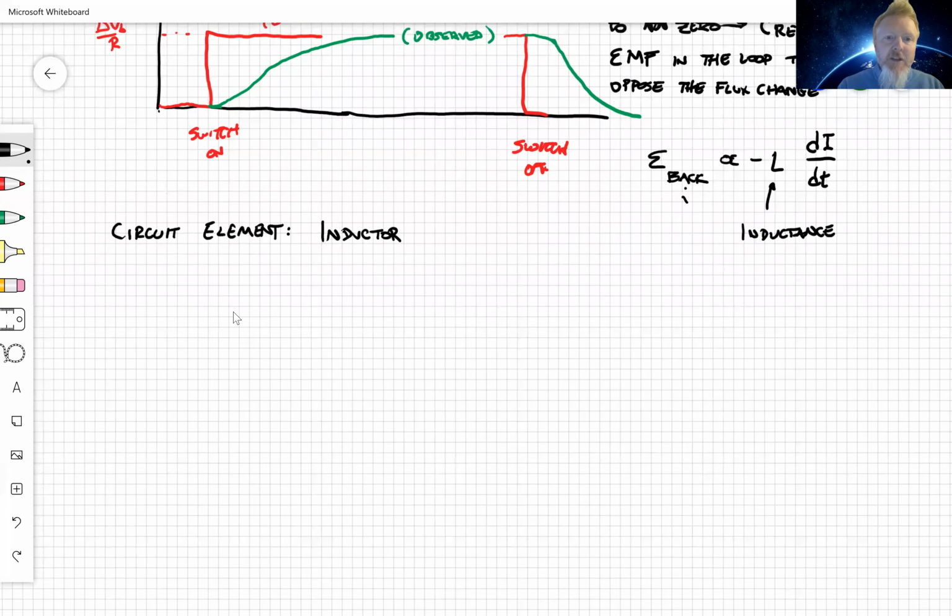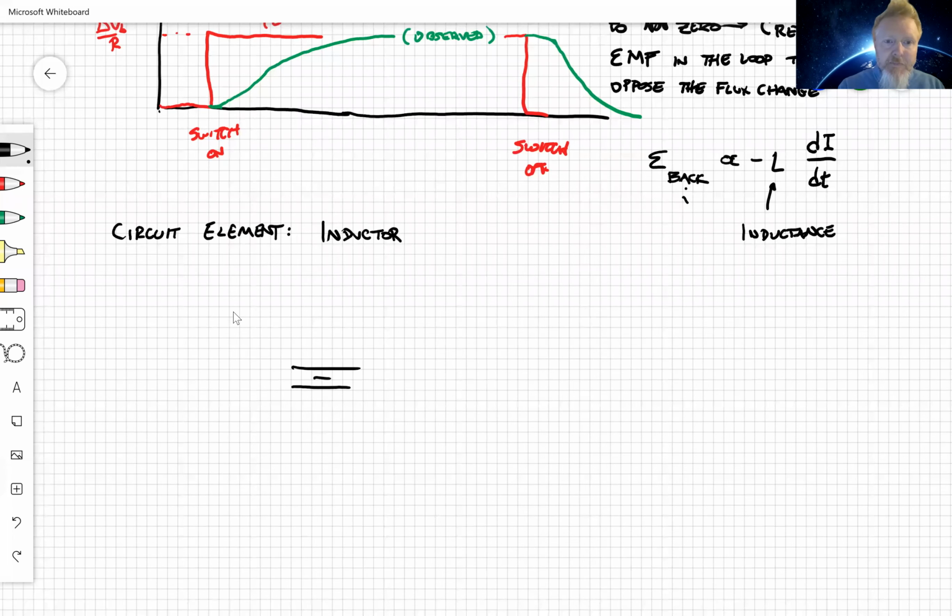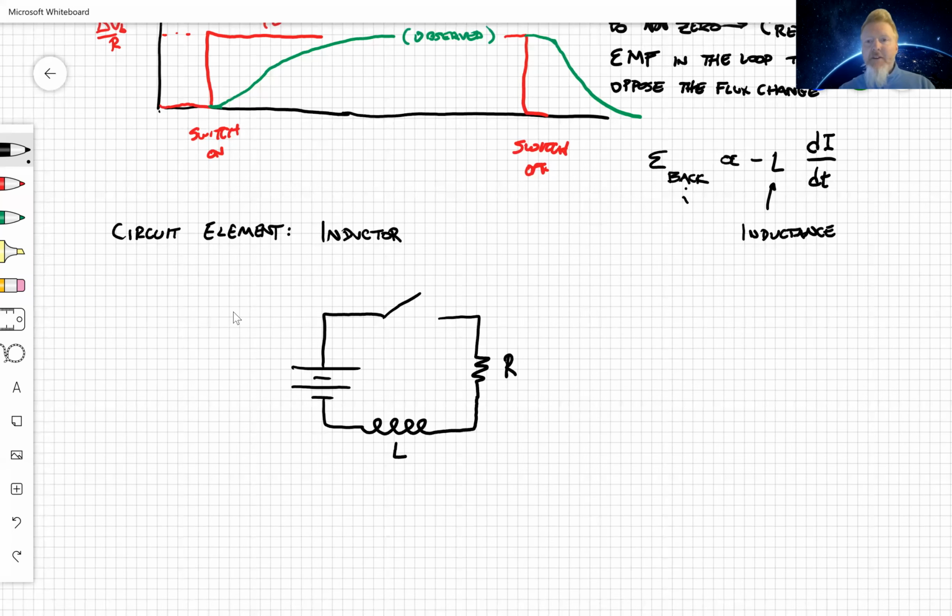So let me redraw this circuit here. Now we have an inductor in the circuit. Now, that's going to be the thing that... What am I trying to say here? When you think of